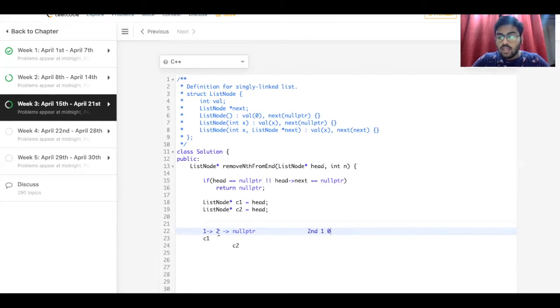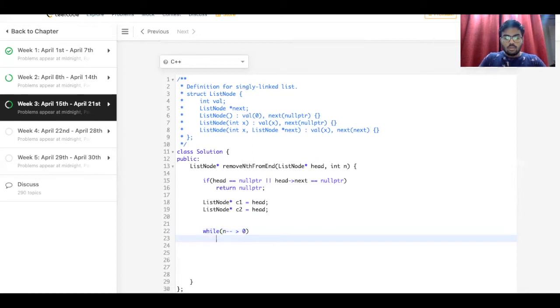So we know that the first element needs to be deleted, and it is a linked list of only two elements. Therefore we return c1's next, which is basically the head's next, and we would return only 2. So we would give a linked list containing only 2 here. We need to check for this condition as well, and let me code that part. So while n minus minus is greater than 0, we do c1 is equal to c1's